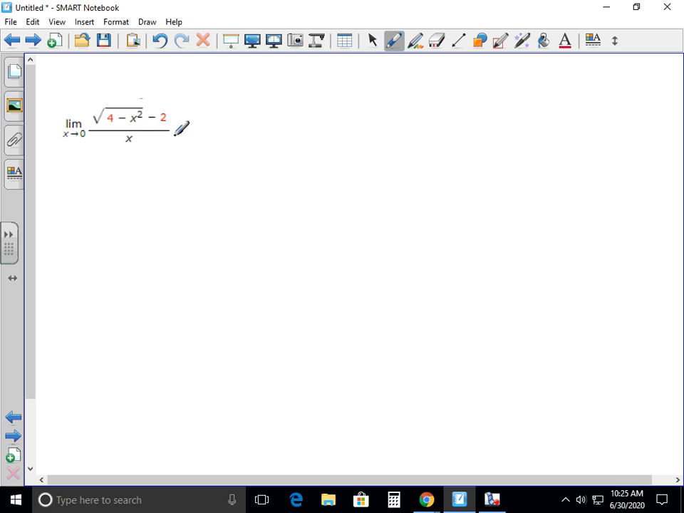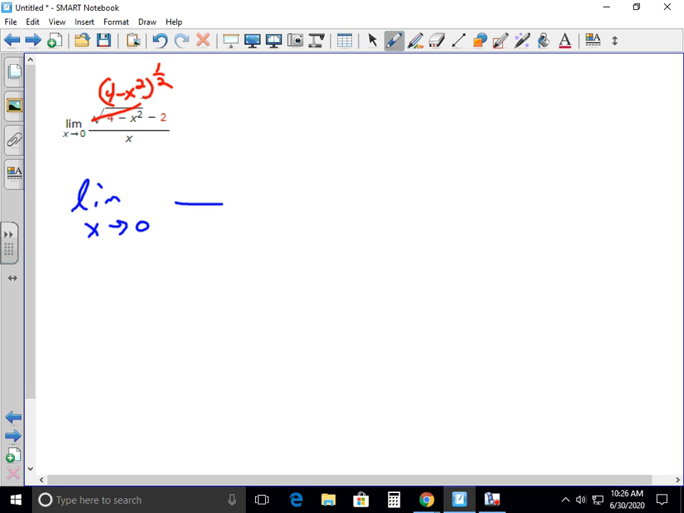This one, if we put a 0 in, we get the square root of 4, which is 2. 2 minus 2 is 0, and we would have 0 on bottom. So this is indeterminate. Let's keep in mind that this is 4 minus x squared to the 1/2 power. So applying L'Hopital's rule,